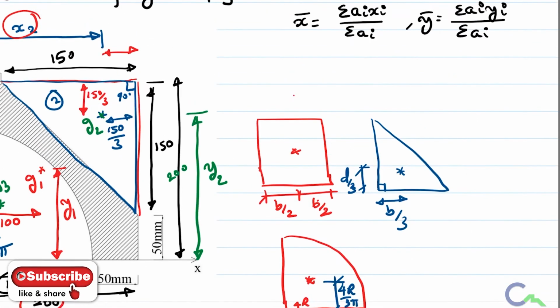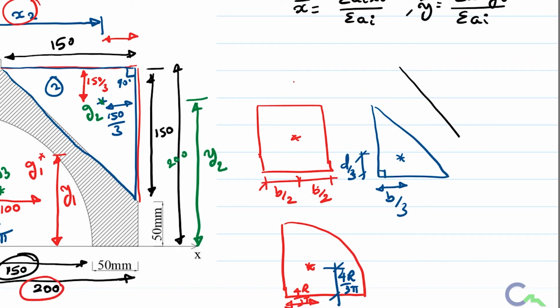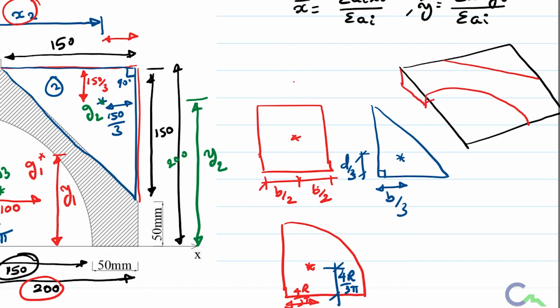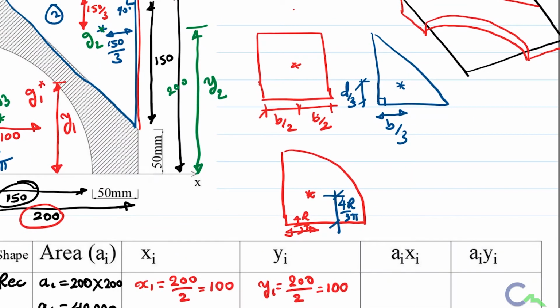Before doing that calculation, let us see how it is going to look in 3D. If I take the entire rectangle like this, from that I have to deduct this portion, then we have one quarter circle like this. If I give the thickness, actually this figure is in this shape, that is in 3D. This will be the thickness of this plane.